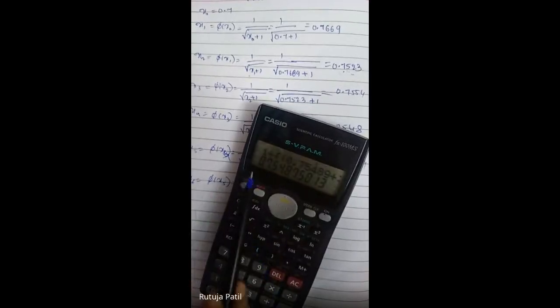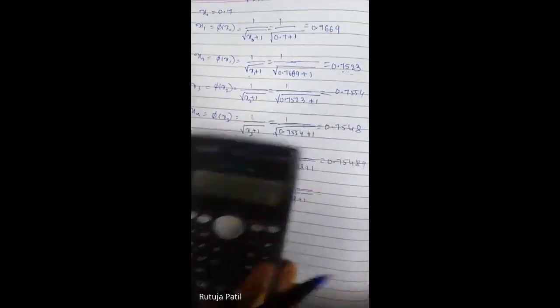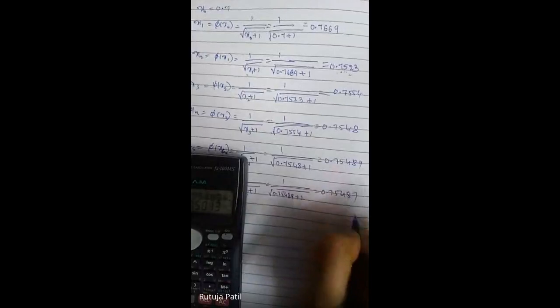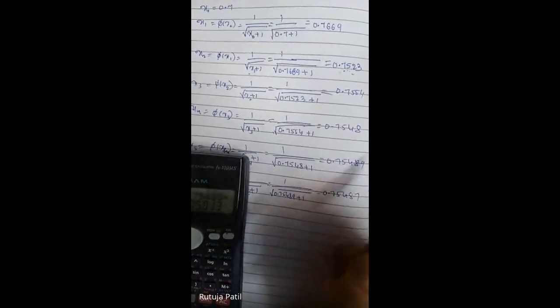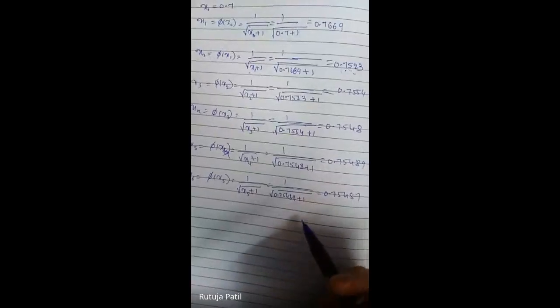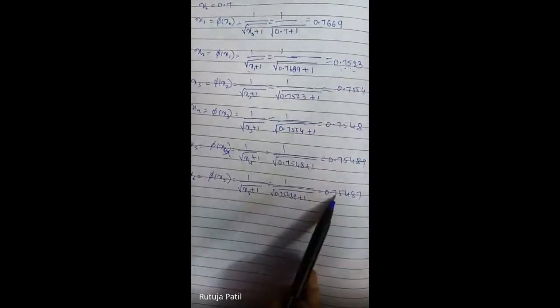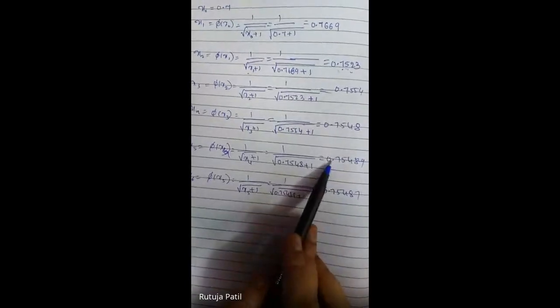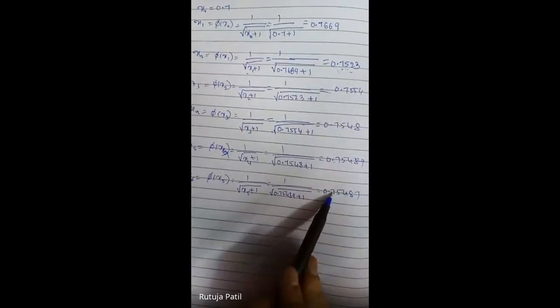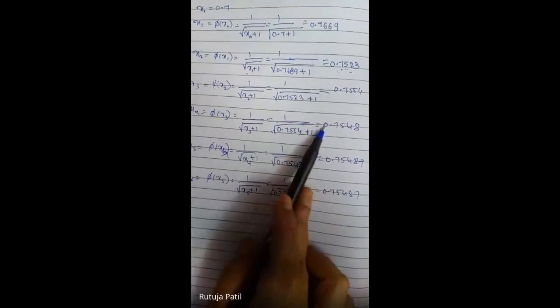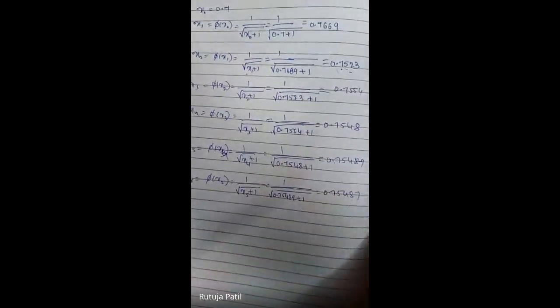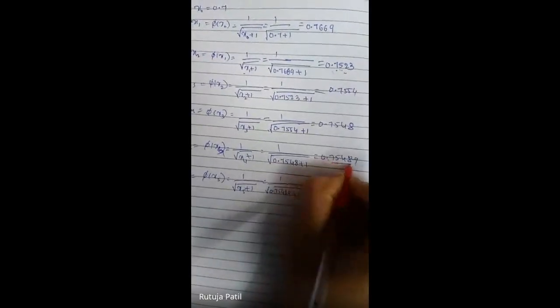So again what we got, 0.7548, 0.75487, right? So you can observe here, even after I carry out the next iteration, I got the same value, that is after the decimal point 7548 is there, here also after decimal point 7548, even here also we have got the same. So you can see that after the decimal we have 4 digits as the same value.